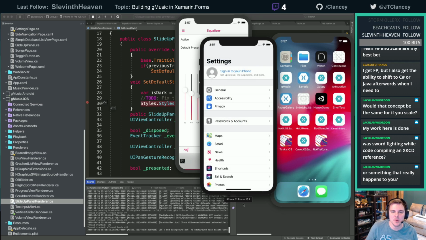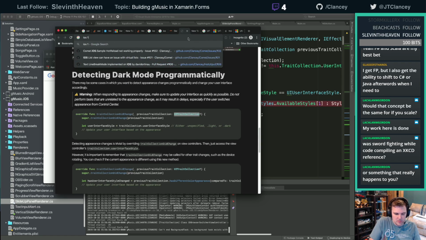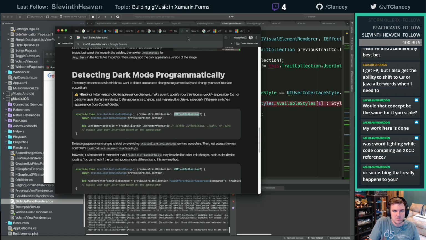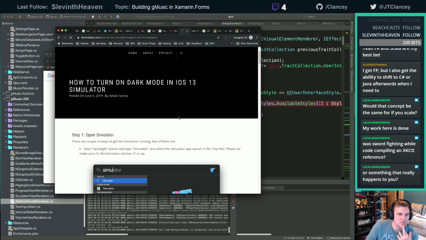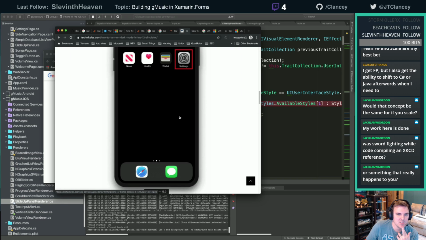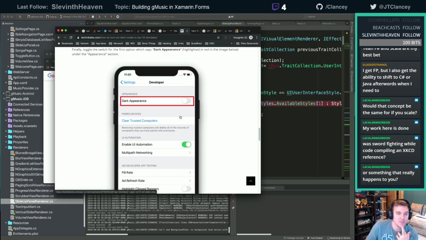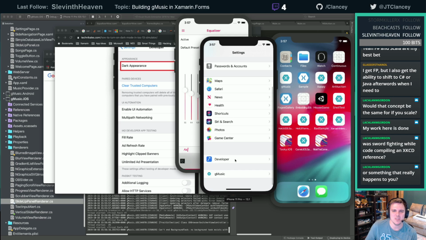How do I test dark mode on a simulator? Settings, developer. Why in the world is it under a different location?